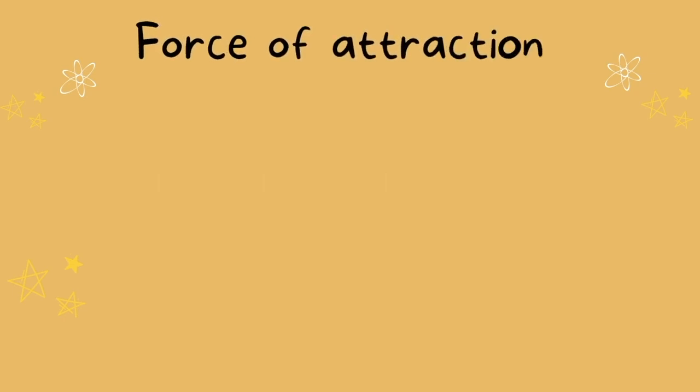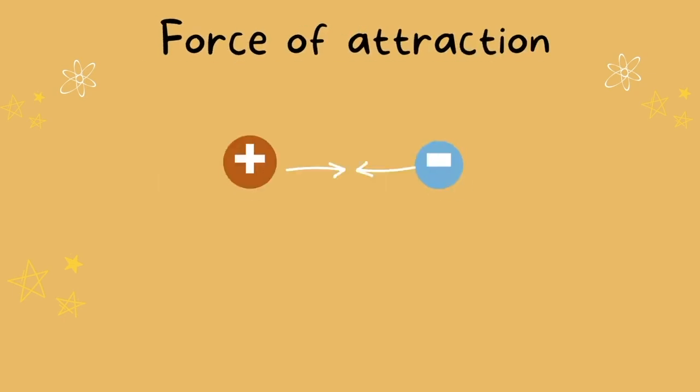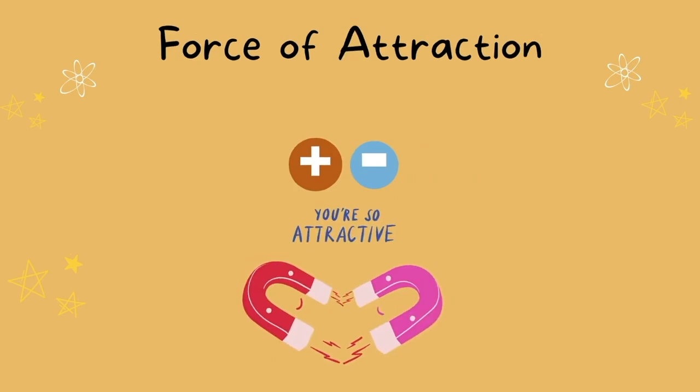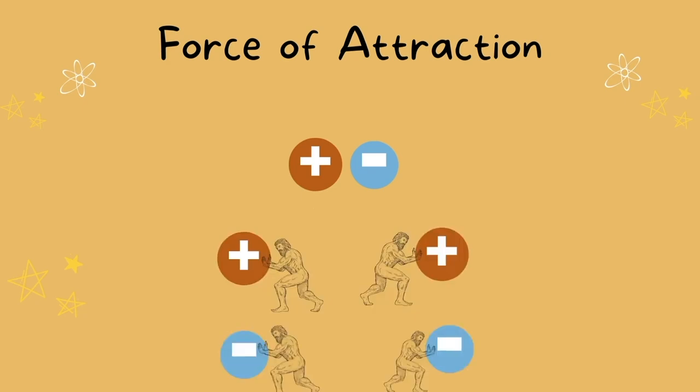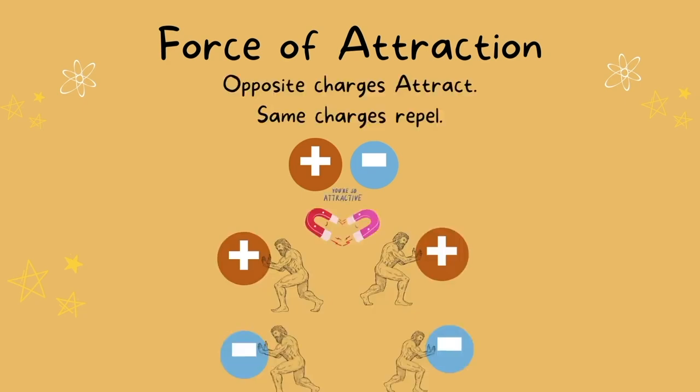Force of attraction is very strong between protons and electrons. However, the attraction between same charges is weak. So weak that in fact they repel each other. So positives with positives, they will repel each other. Negative with a negative will also repel each other. You can think of the proton in the center of the nucleus like a magnet, and it wants to grab the electron and bring it close to the nucleus.